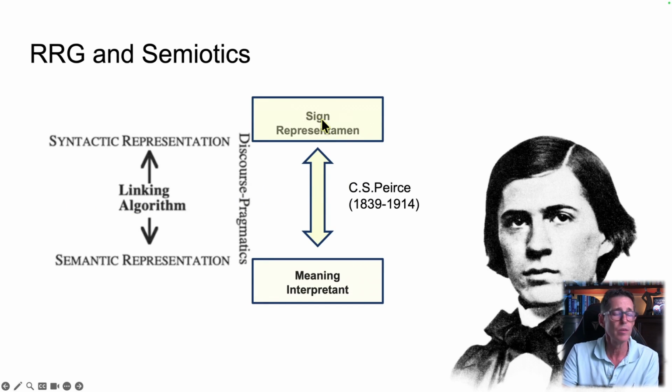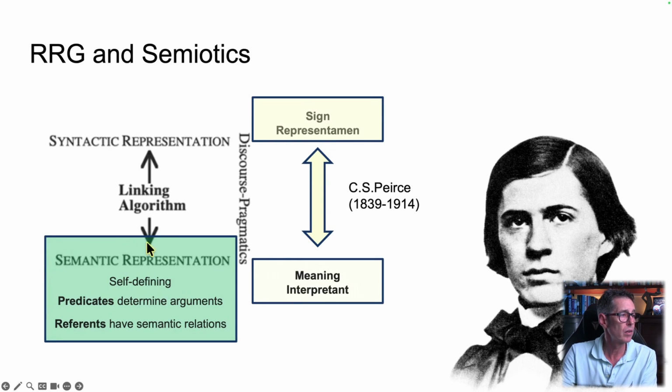And he had this concept that the sign, like a word or perhaps even a phrase, that's the representamen that he called it. And then it has a meaning which is interpreted, because you've got the real thing in the world that you're referencing, and this interpretant in context is then determined to be the correct meaning. And the thing I like about this model, rather than other theories of semiotics, is that it allows this interpretation stage to take place. And when you think about a dictionary, there's often more than one definition to consider.